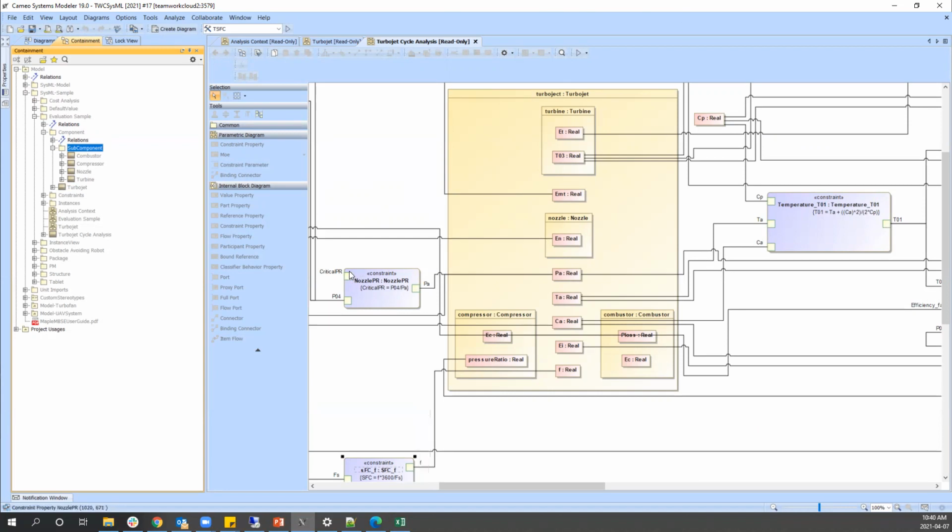So in Maplane BC, if a user had to get to each of these components in the previous versions, he has to go through each package. He has to get to the evaluation sample package to get the information about the turbojet cycle analysis, then into the components package, and then to the subcomponents package if he wants information about the combustor, the compressor, etc. But by using the get recursively feature, I'll just navigate to the evaluation sample package and then use get recursively.